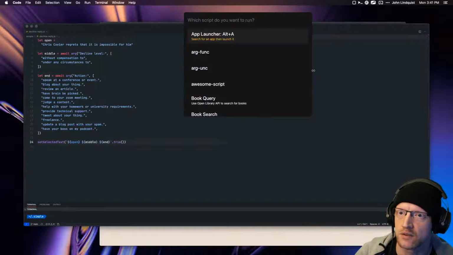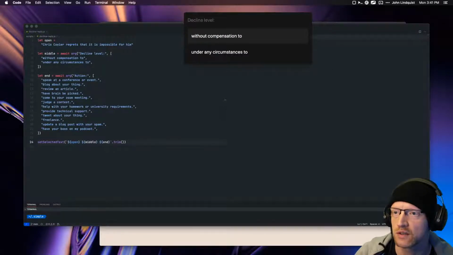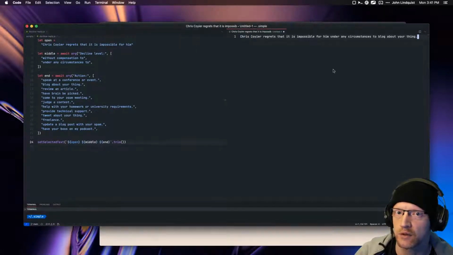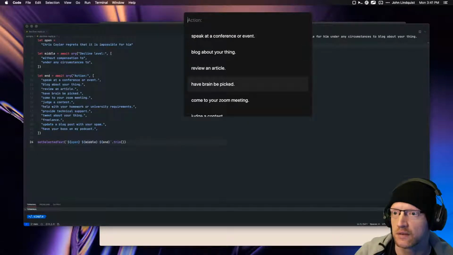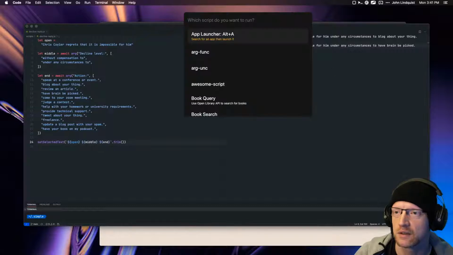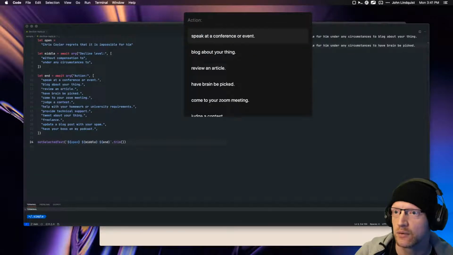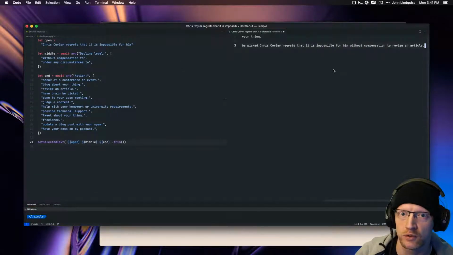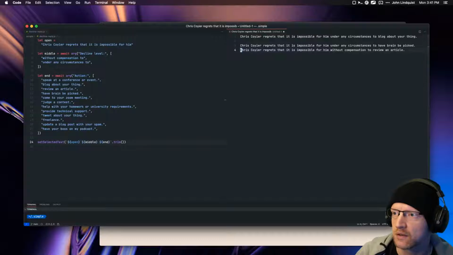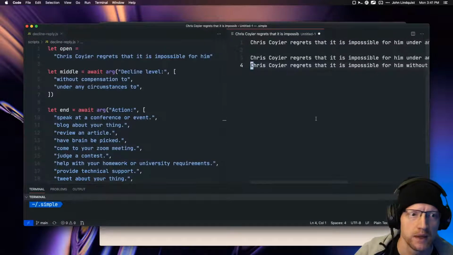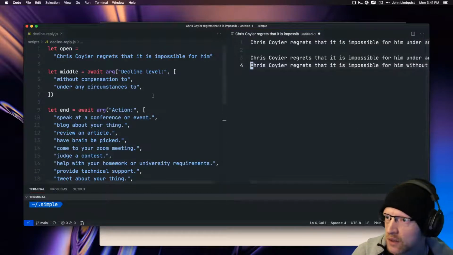And now we can just generate some reasons: decline reply, blog about your thing, decline reply, have brain picked without compensation, review an article, and on and on and on. Looks like I pasted that on the same line. Let me make that bigger. So hopefully that makes sense as far as